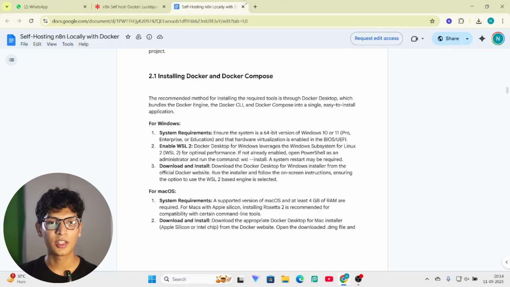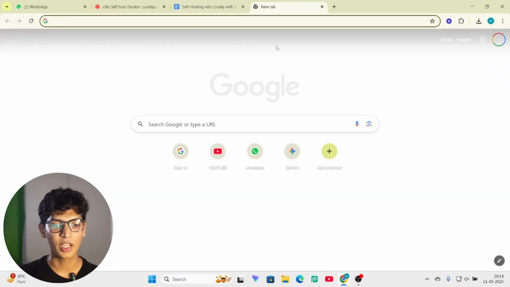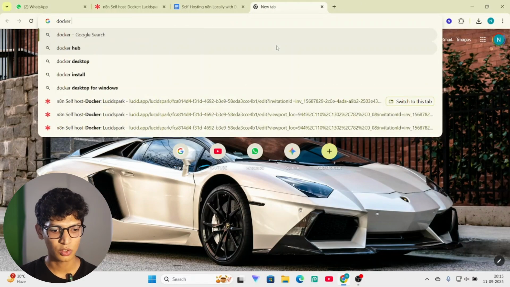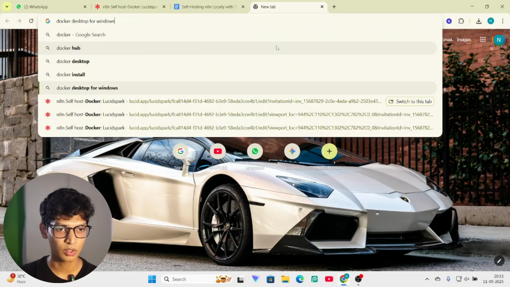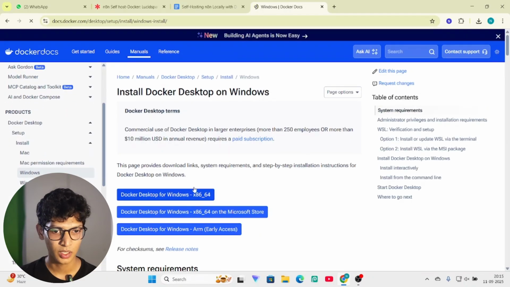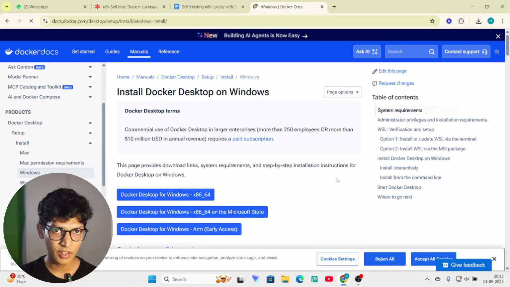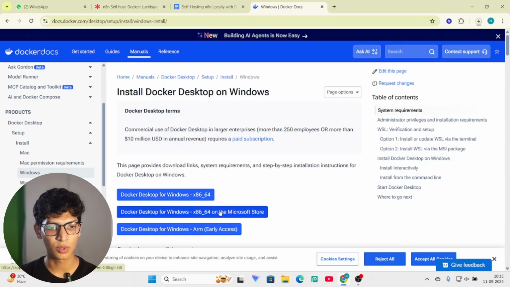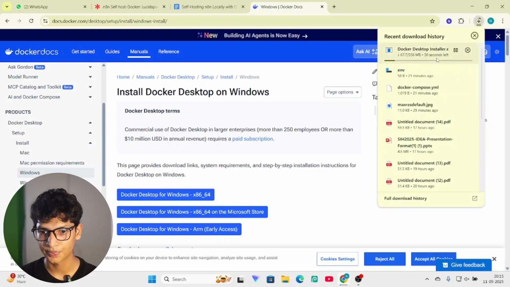So the first step is going to the Docker website and actually installing Docker. We'll search for Docker Desktop for Windows. Install Docker Desktop, and based on your device preference, you just click this and download it, and it is being downloaded at the moment. Till the time it is downloading,